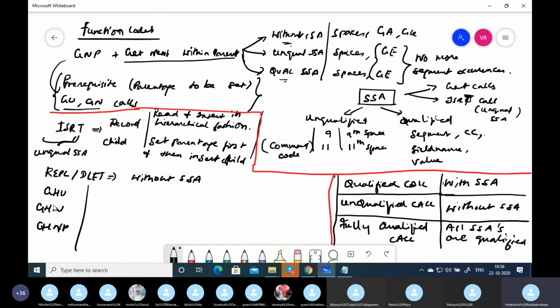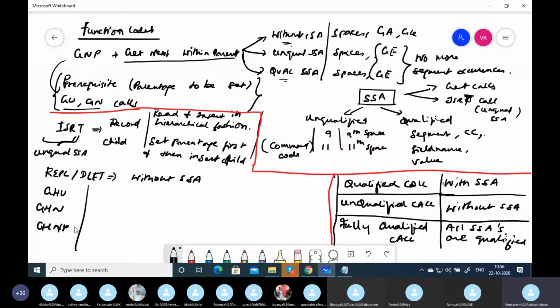If you know the field name and value, go straight away for GHU. If you know only the segment name, go for GHN. Assume there are mass changes in different records, it's going to be GHN.